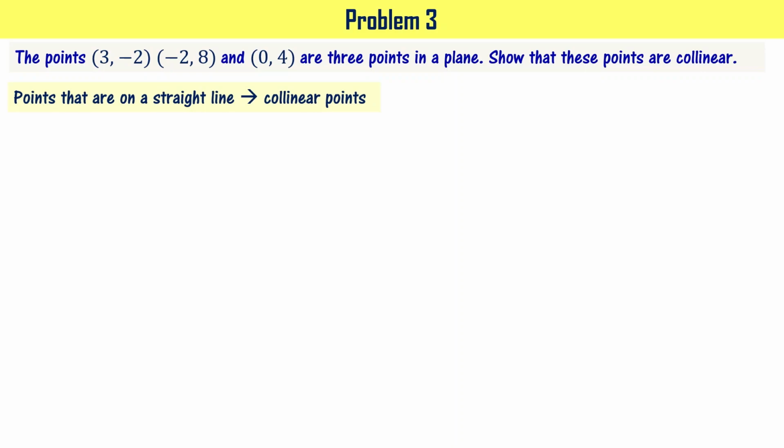The points that are on a straight line are called collinear points, right? This is what we have learned earlier. As you see here, ABC are collinear points. They are on a straight line. Whereas ABD are not collinear and they are forming a triangle, right? So collinear points are not forming a triangle, right?